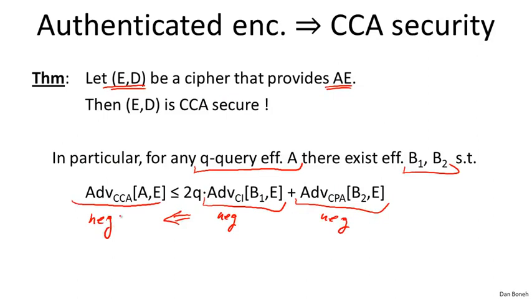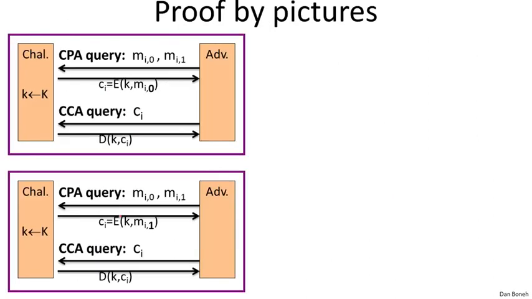It's actually a very simple theorem to prove, so let's just do it as a proof by pictures. Here we have two copies of the CCA game. This would be experiment 0, and the bottom one is experiment 1. You can see the adversary is issuing CPA queries and CCA queries, and at the end he outputs a certain guess, let's call it B prime. Our goal is to show that this B prime is indistinguishable in both cases. In other words, the probability that B prime is equal to 1 in the top game is the same as the probability that B prime is equal to 1 in the bottom game.